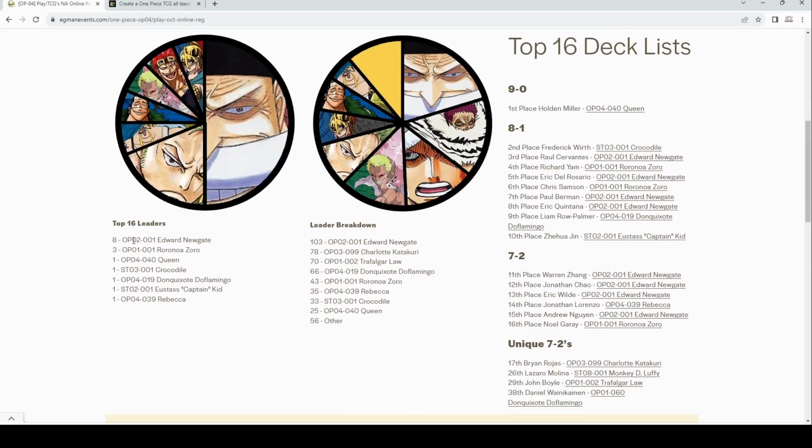So in the top 16, we had 8 Newgate, 3 Zoro, 1 Queen, 1 Croc, 1 Dofi, 1 Kid, and 1 Rebecca. One thing I really like about this is that it gives us the leader breakdown for people that entered the event, not just Top Cut. So with this, we can look at conversion rates, right? So if we go look at this,